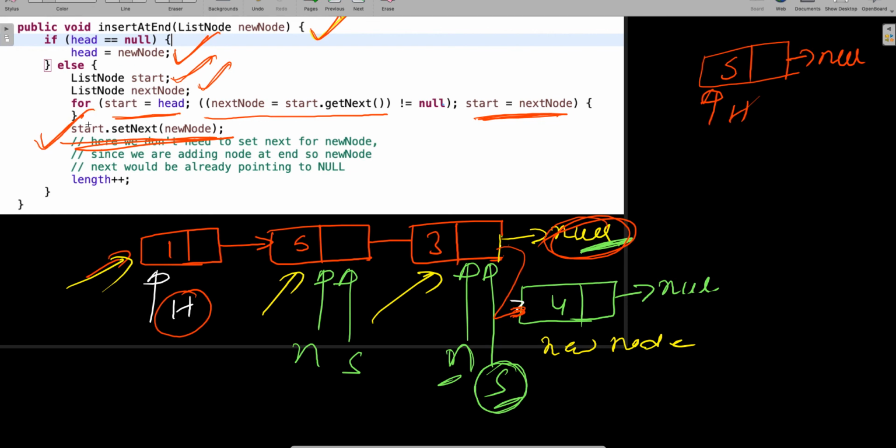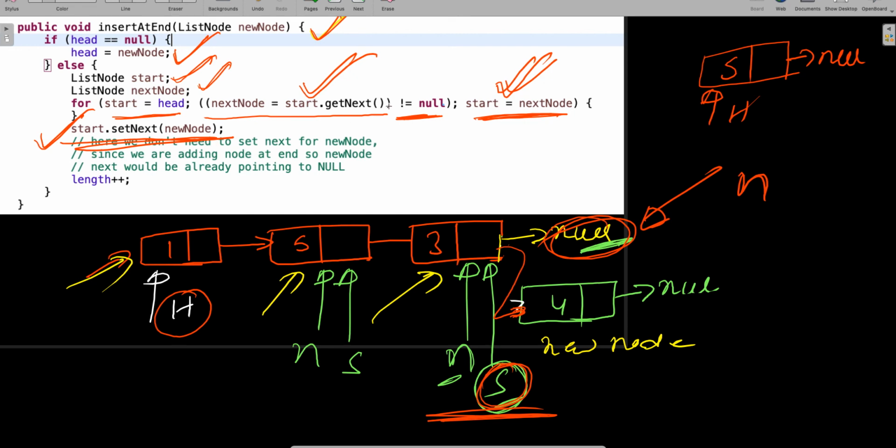Why not next node? Because the problem, guys, here is, if you look at these conditions, when we were here, right? When we were here, when I did next node is equal to start dot get next, a start is here, right? So next node became already null. So do you know one thing? Now next node will point here, right? Your n will point here, because you did this already. Okay, then only you are checking the conditions here. You got it? So when you already moved here, what you will get if you will do null dot set next, right? When a start will move, when this particular condition is fulfilled. A start will move only when, so this guy will move only when this guy is correct.